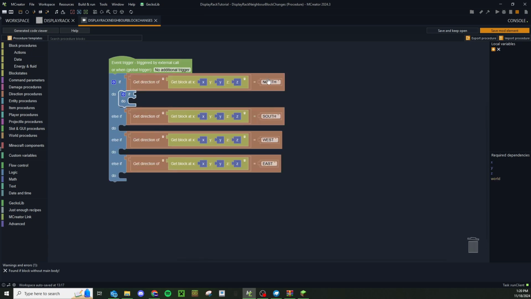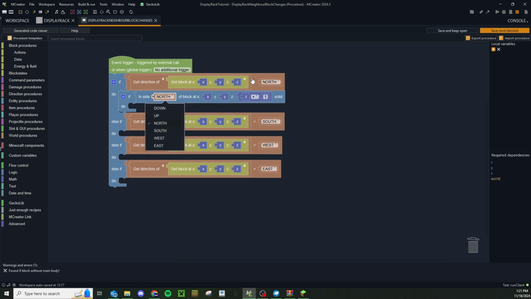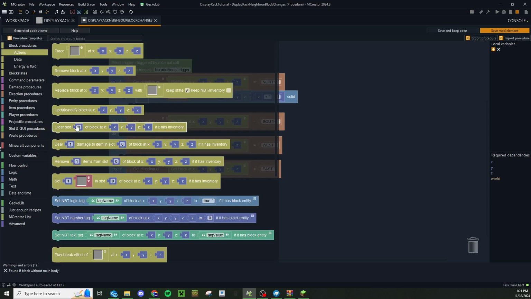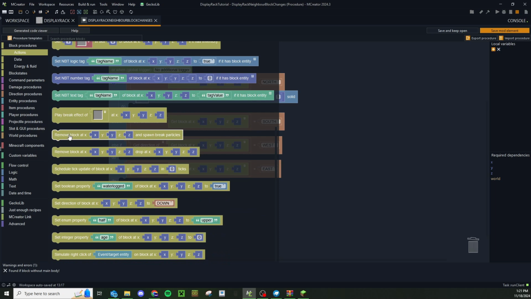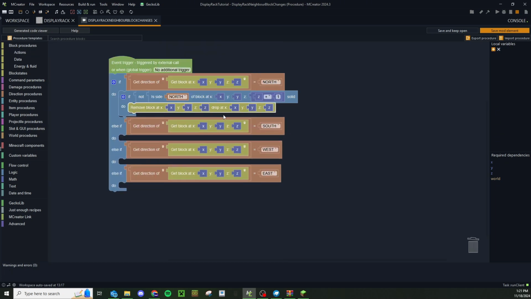Once we know which direction we are facing, we then pretty much have the same check as we did before, but pretty much in reverse. So is the north side of the block behind it, that is in the south direction, solid? And if it is solid, then we are good. So in fact, we really want to know if it is not solid. And if it is not solid, then we are going to remove the block at this position and drop it